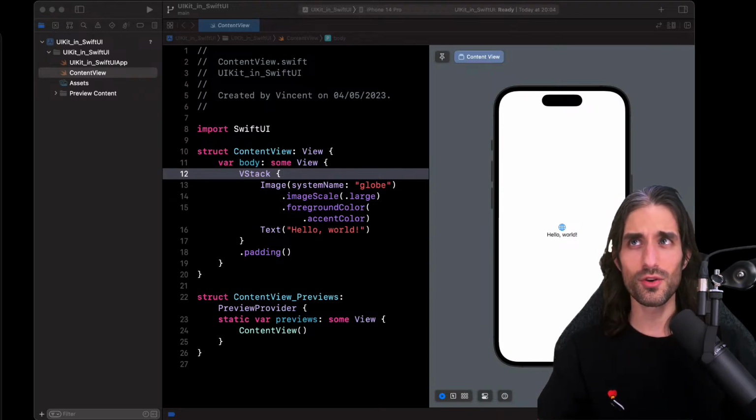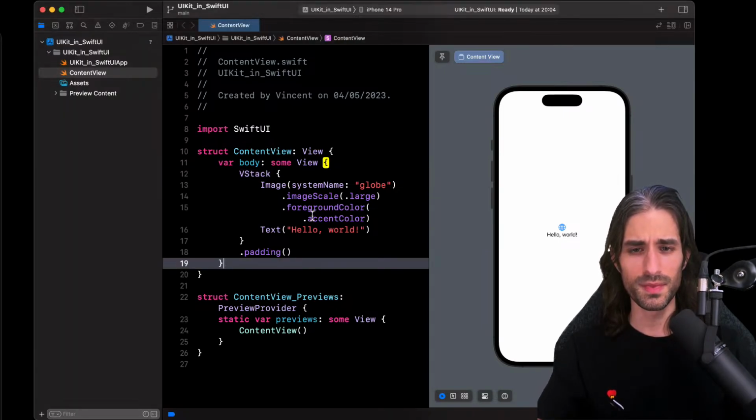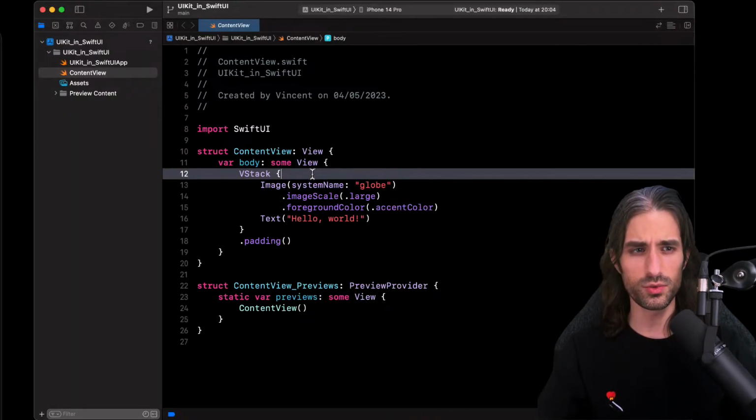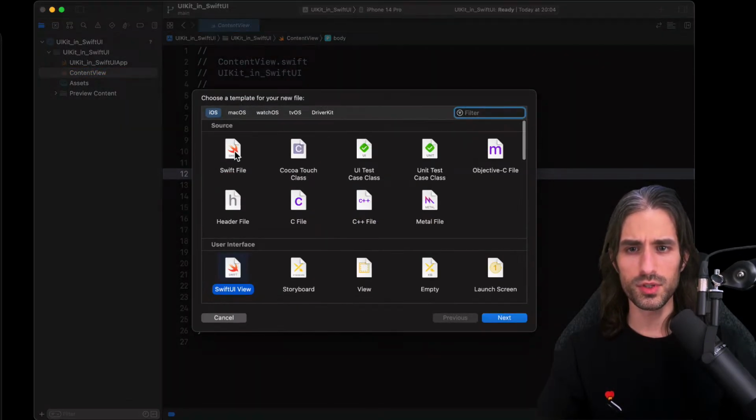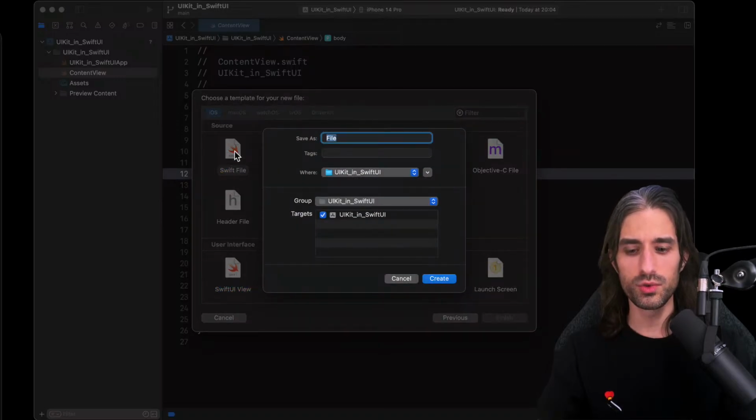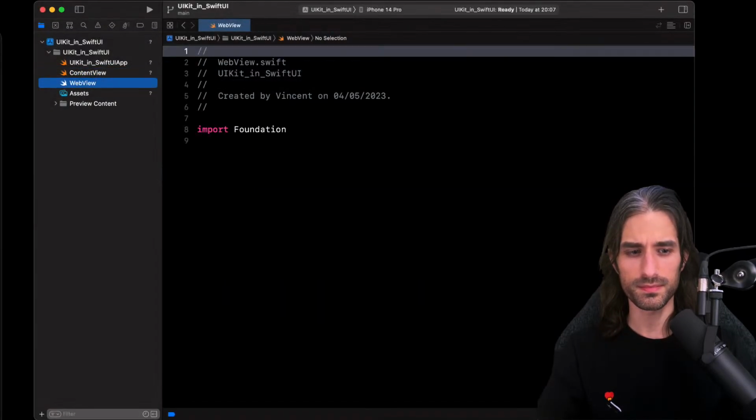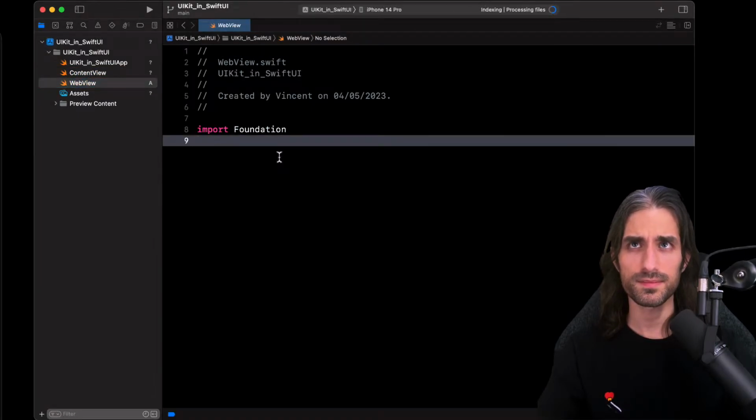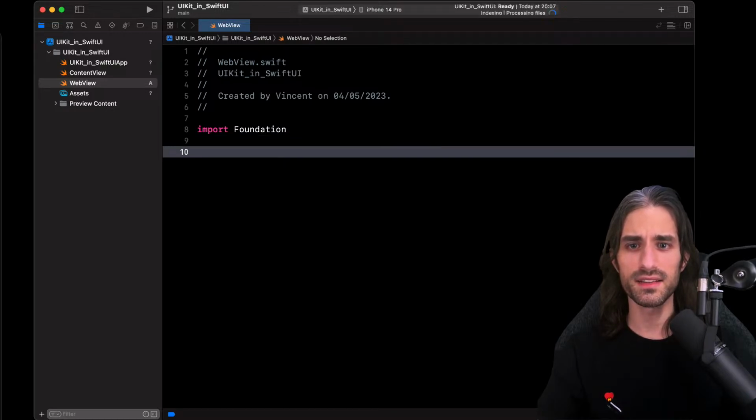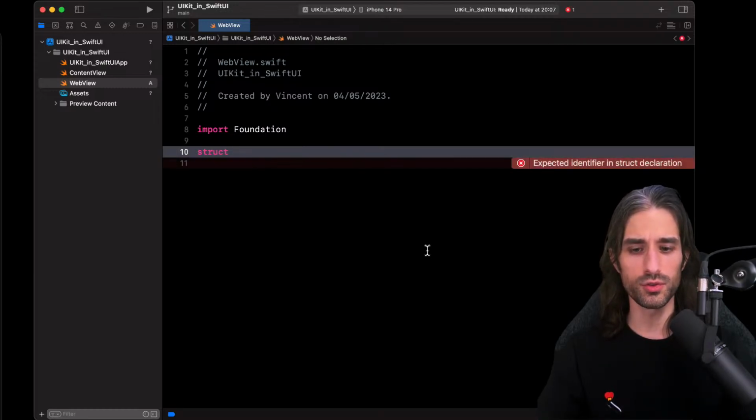Okay, so we are going to embed this view inside our SwiftUI app. So I'm going to get rid of the preview right now because we don't need it. And I'm going to create a new file. So I'm going to go right here. I'm going to create a Swift file for now, and I'm going to call it WebView. Okay. Then inside this file, I'm going to create a struct that will represent my web view in the SwiftUI